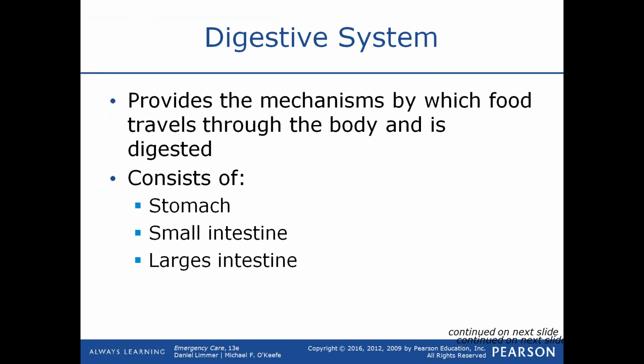Food is chewed and saliva or digestive enzymes are added to the food as you swallow it. It ends up in the stomach, where it stays for about 3 hours and is mixed with gastric acid and gastric juices, and the food is further broken down, and then it's passed into the small intestine, which is made up of 3 parts: the ileum, the duodenum, and the jejunum,